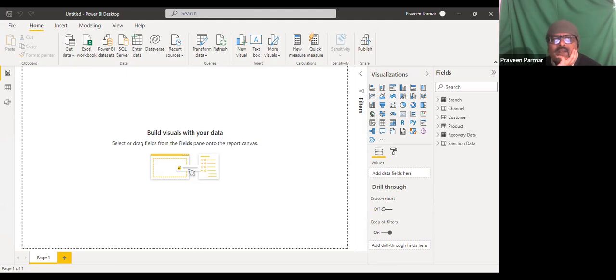Power Query has the advanced editor. Data view also enables you to make some of the basic changes such as performing data type transformation, which we have done. We have done it for the customer ID, where we converted it to the text data type. Understand? Renaming existing columns, creating new columns and so on.